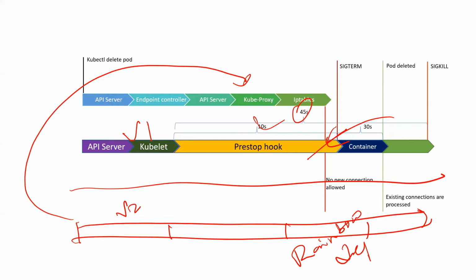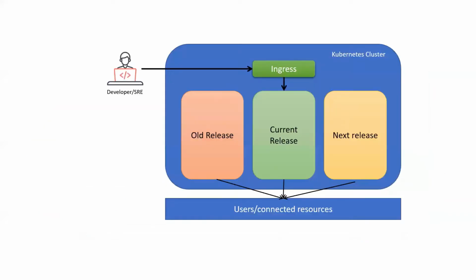So this is called rainbow deployment. What does rainbow deployment do? With the ingress, you can see the old one will still be running, the current cycle is also running, and you can even bring up the next layer in the pipeline. You can keep everything, and all the connections can still be used by the users or any connected